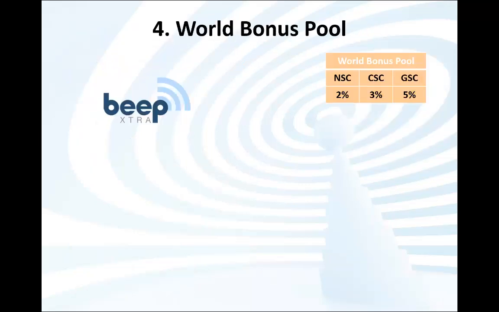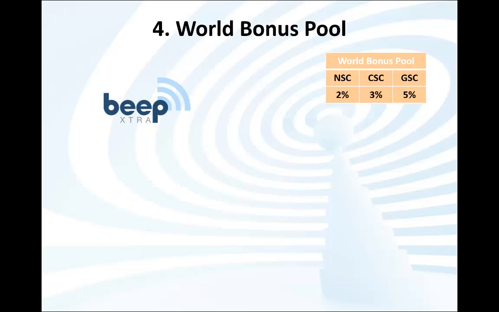The business of Beep is the 2.75% it receives for providing the global discount loyalty system. As a promise and a disclaimer, Beep pays out 60% of this, no more, no less. If there's any excess after the commission run, it is allocated to the World Bonus Pool.